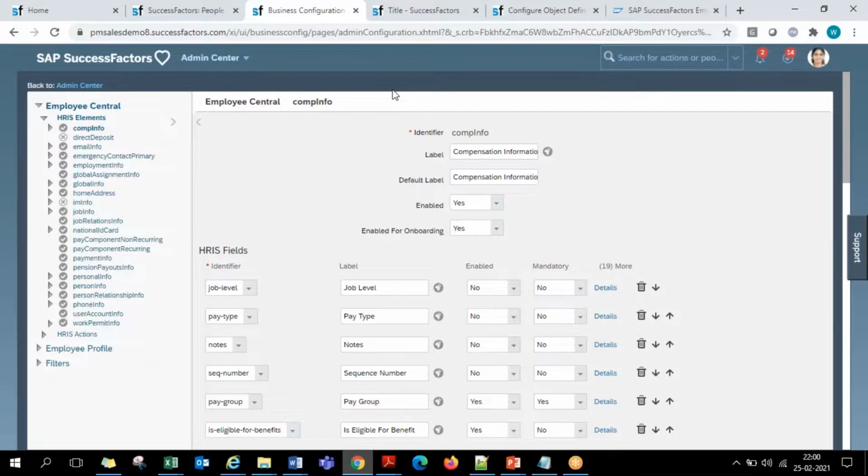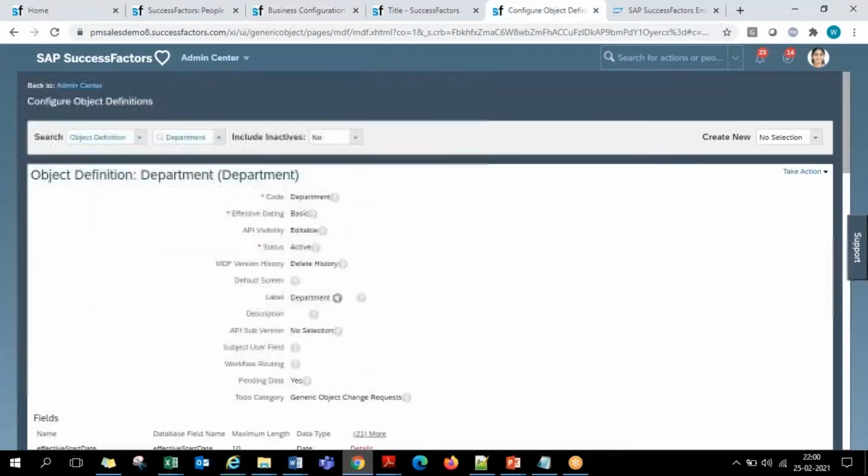80,000 lines have been reduced to 32. The other lines of coding, what used to be in the corporate data model, are now appearing on the front end in the name of configure object definition. This is MDF. Completely removing the dependency on the XML file is MDF. The succession data model level front end screen called business configuration is not an MDF. It's not a complete replacement. You have both options, wherever you want to use them, is what they are saying. But at the succession data model level, all 32,000 lines of code are still existing.